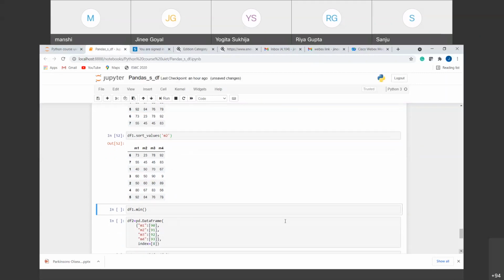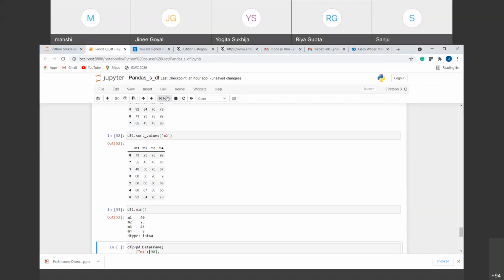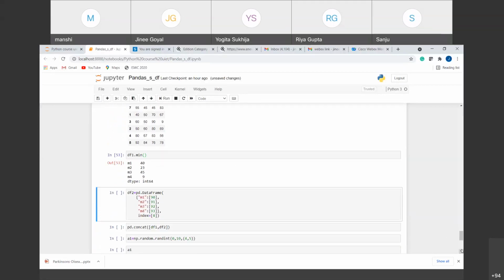And in a similar fashion, you can also find the minimum value inside a data frame, right? So it will give you the values column wise. So the minimum value in each column, right? Let's suppose we have another data frame, and this is the data frame.